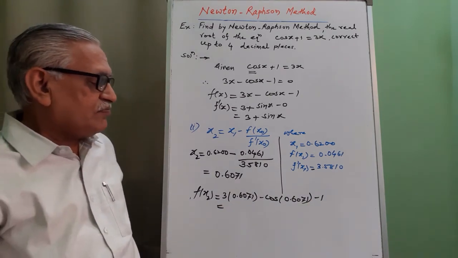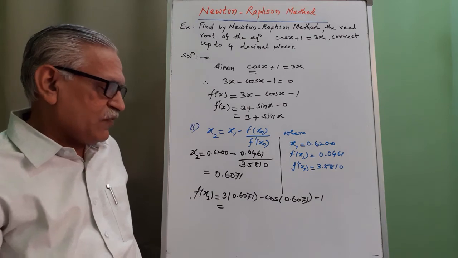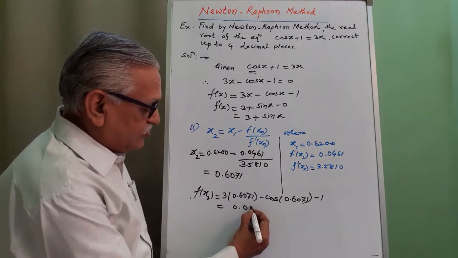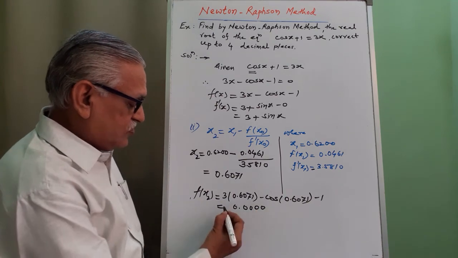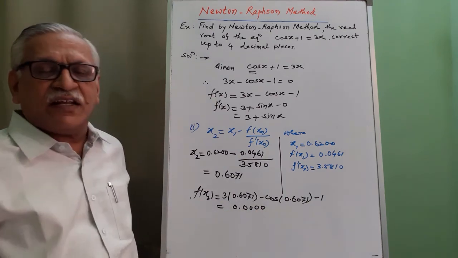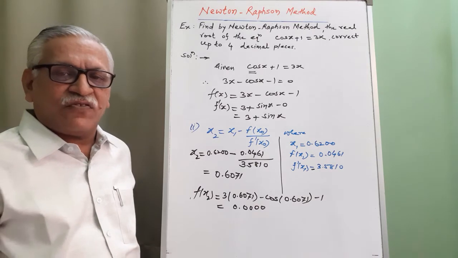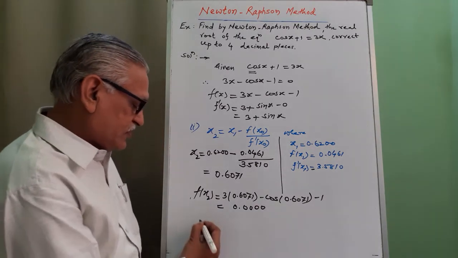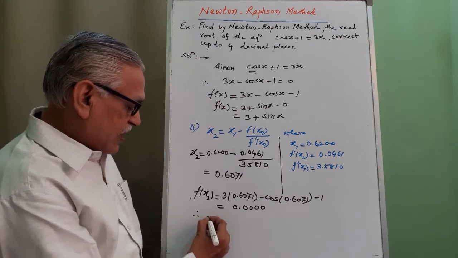If you simplify, or try to get its value by calculator, it is 0.0000, exactly equal to 0. As its value is exactly 0, we stop the iterative procedure,